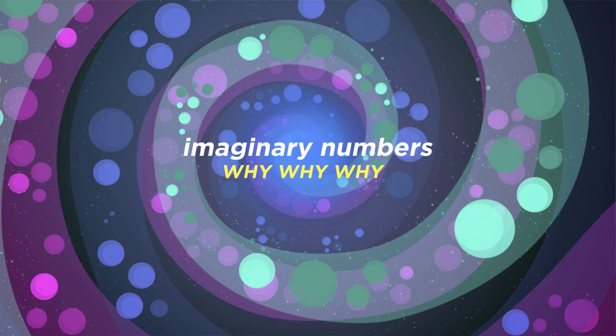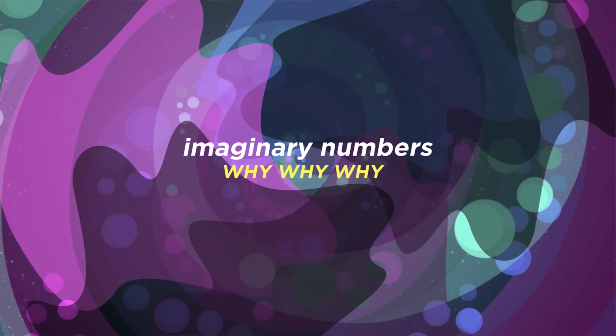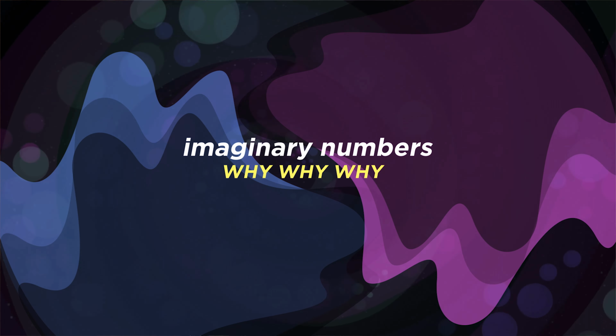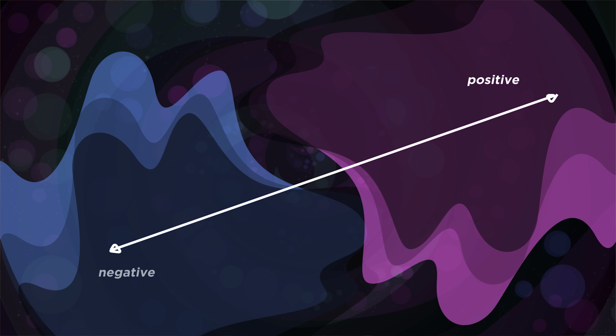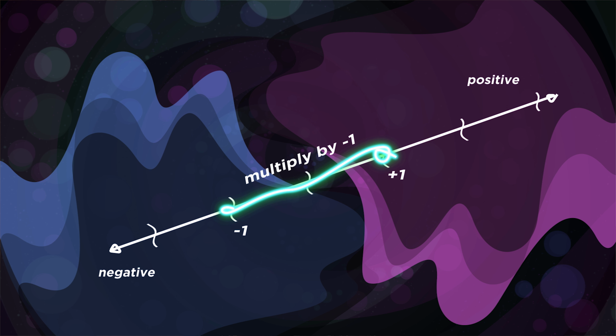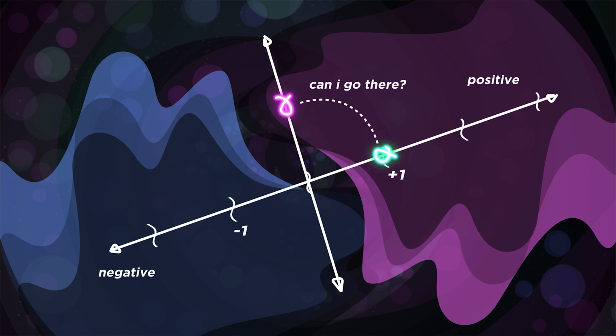Imaginary numbers are particularly useful for situations where there's something oscillating, something going in circles. A typical number line goes positive in the right direction and negative in the other. To go from 1 to -1 on this line, for example, we need to multiply whatever we start with by -1. To go back, we do the same, multiply by -1. That seems familiar, no? What if I don't want to go all the way to -1? What if I want to go up there? Is this area accessible to me?